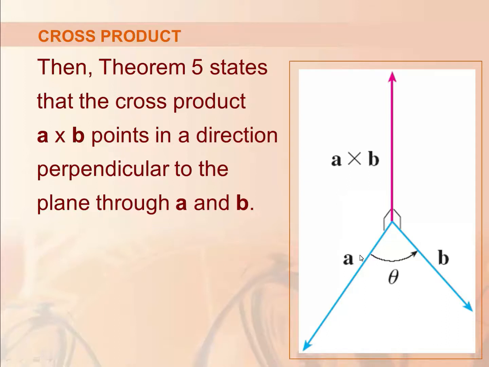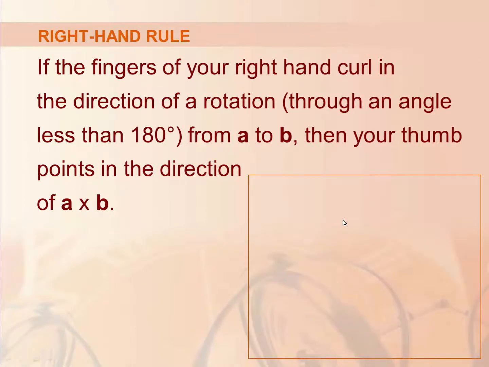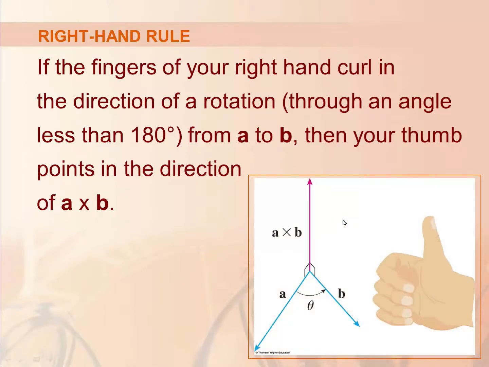If you do A cross B, meaning you go from A to B anti-clockwise, the vector goes upward. If you are going clockwise, the vector direction is downward. Memorize it like this, or use the right hand rule, which is like that.